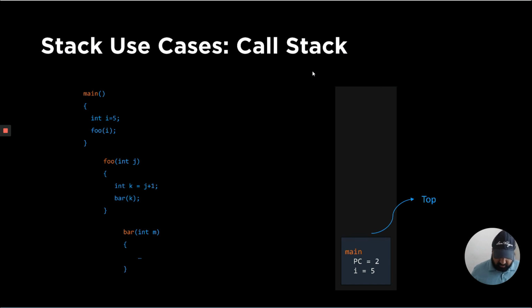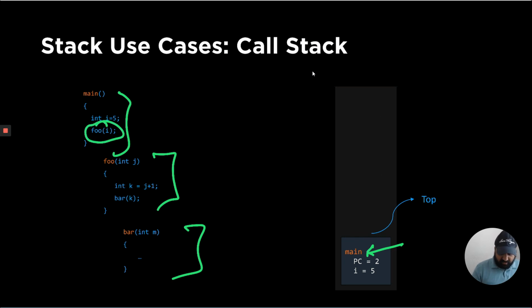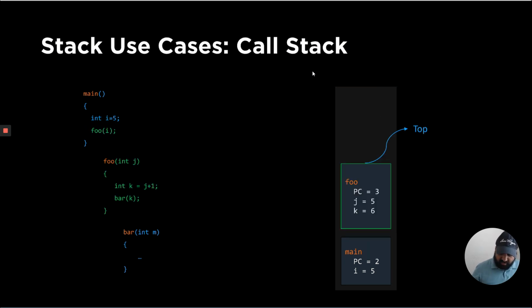So this is an example of the call stack, where you basically have different functions which call each other. Initially, main will be allocated a space in the function stack or call stack. This is a program counter. Those of you who have taken computer organization already know it keeps track of where the program is being executed. We won't go into depth, but let's say this main function calls this foo function, and once we go into the foo function, a new frame is created in the stack, which will have copies of variables